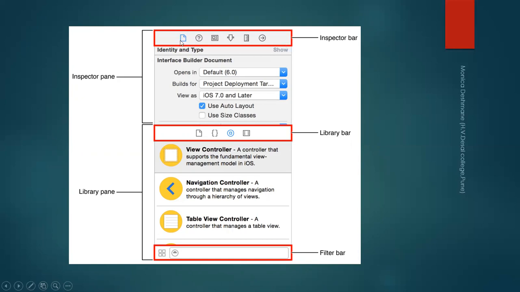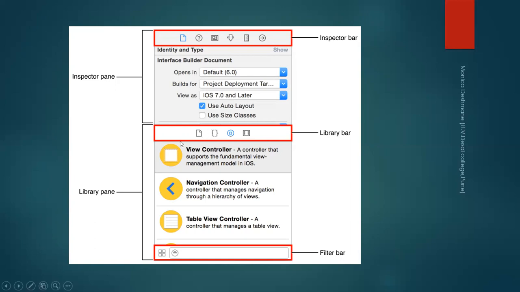This inspector pane contains information regarding whatever versions you are using, whatever emulator you are using, and whatever build-specific information you are using.